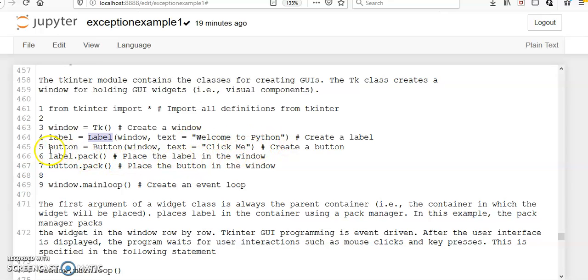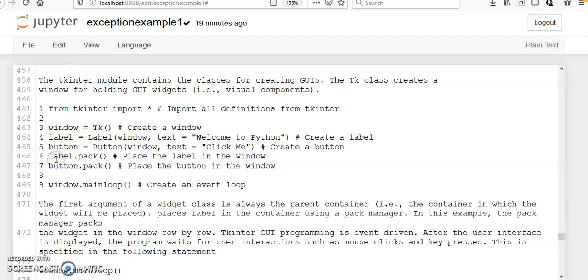Next, the button: capital B Button, with the parent window object, and the text in the button will be displayed as "Click Me". These two lines create a label and a button.